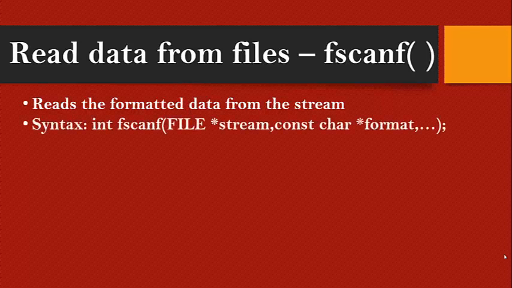If you see the syntax, fscanf is actually a function of integer data type. Here, if you see the input arguments, the first and foremost thing is we have to ensure that a file pointer variable has been created, and that file pointer variable will be passed as an input stream. Or, for example, if you follow the standard input scheme, where we give the input through the keyboard, then we have to specify through what stream we are trying to read the data from the user. So the first parameter will be the stream, in which you are going to pass the information to the file.